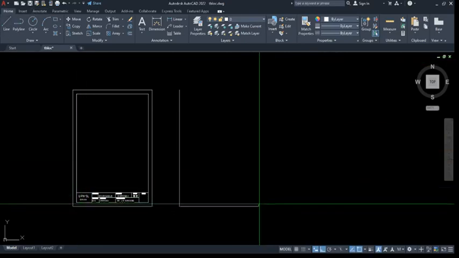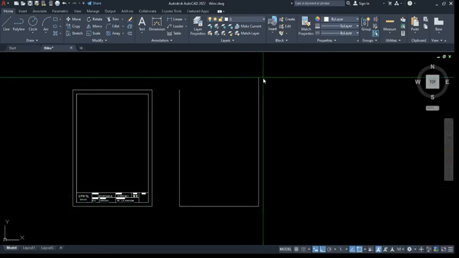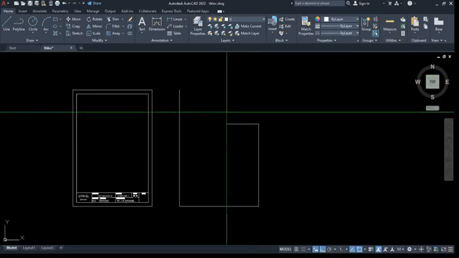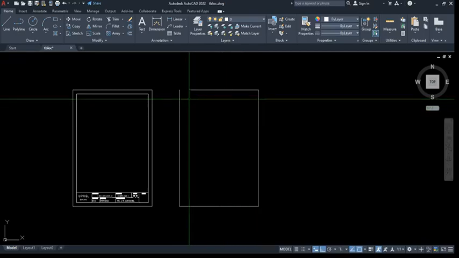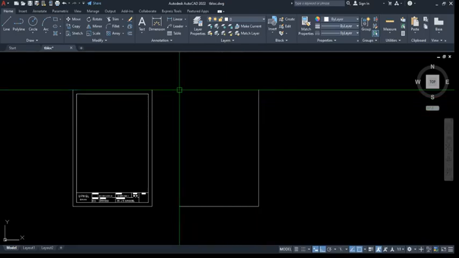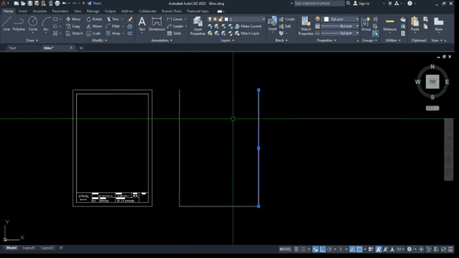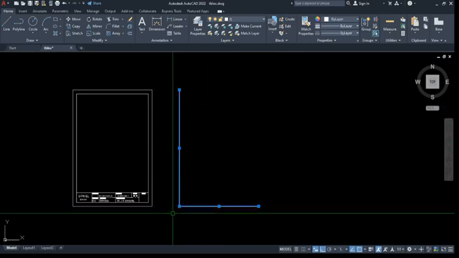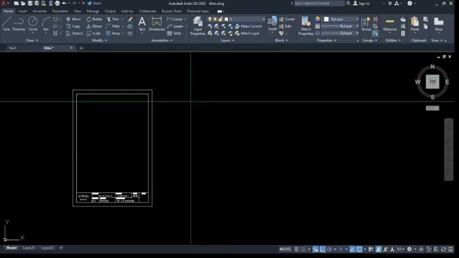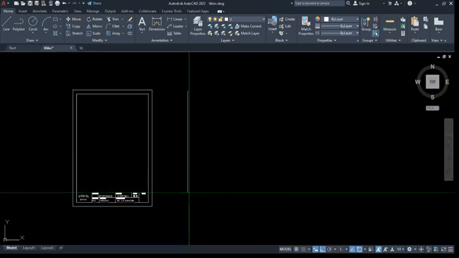So this is 297. Because I stop again, what I mean by close is this one. So I repeat this. First point, then 297, then 210,